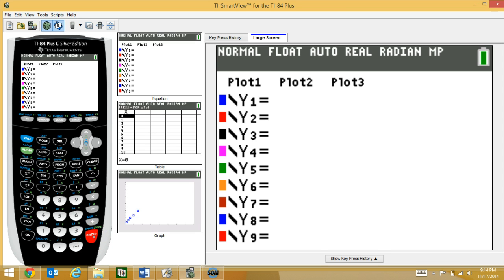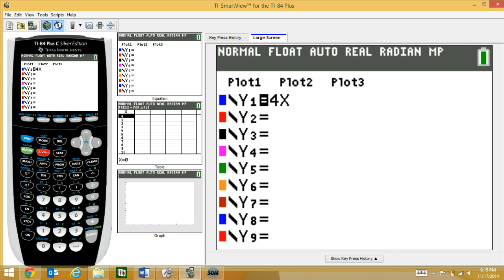And to turn it off, if it's highlighted, you want to up arrow until it's flashing on it and hit enter, and that should turn it off, so that when you go back down to the y equals, none of your plots should be highlighted. So this first one we're going to look at is